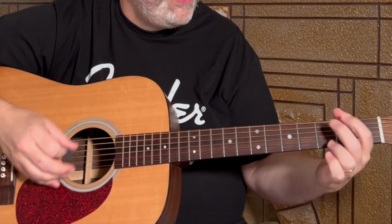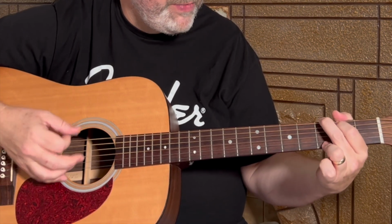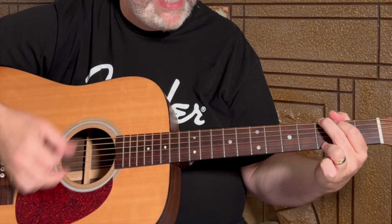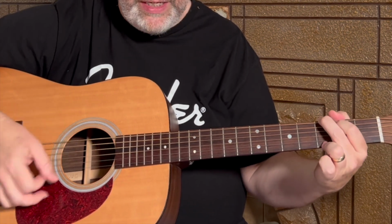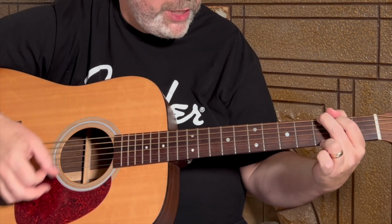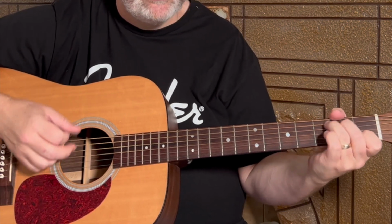So remember, we're going to start on this G chord, and we're going to start with that bass pattern. It's going to be 6, 5, down, down, up, starting on that G. So we'll go like this: 3, 2, 1. G, E minor, C, D, G, E minor, C, D. Now we're going to switch to the down, down, down, down, up, E minor, C, D, G, E minor, C, D, then into the solo, G, C, G, A minor, walk up to the C,